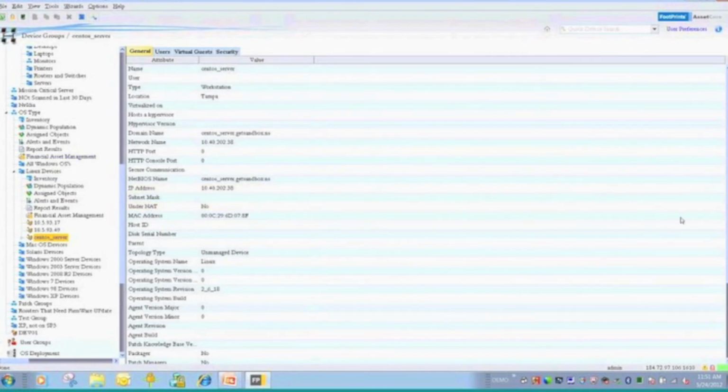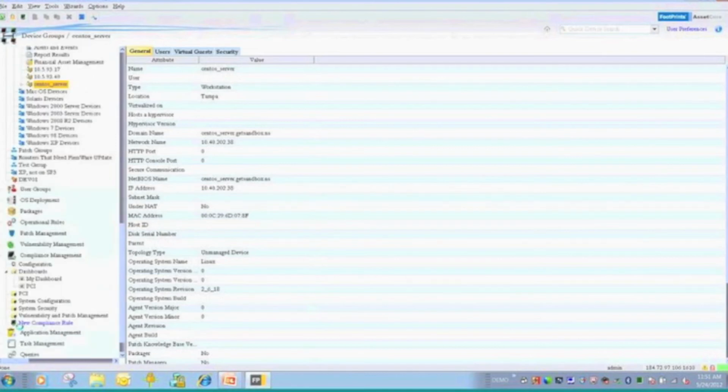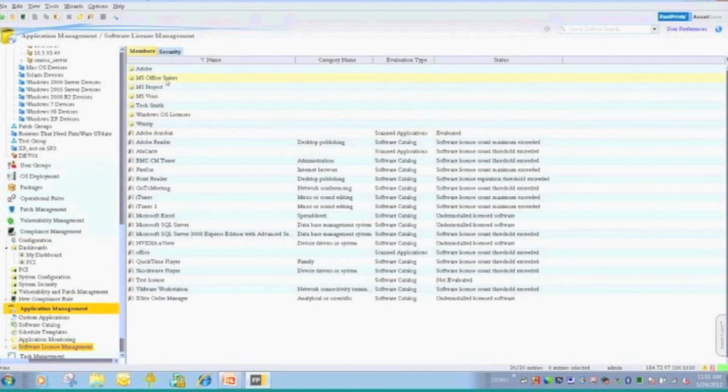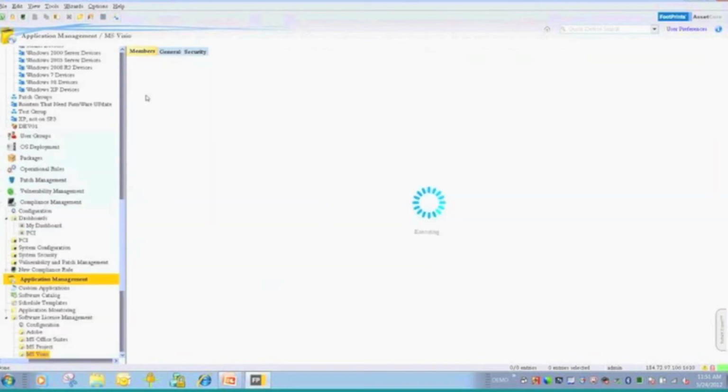Let's see here. Software license. Can there be multiple licenses for one product, different departments, many requests? Yes, there can. So I go back into my application management section, go to my software license management area. Let's take maybe, I don't know, Visio here,